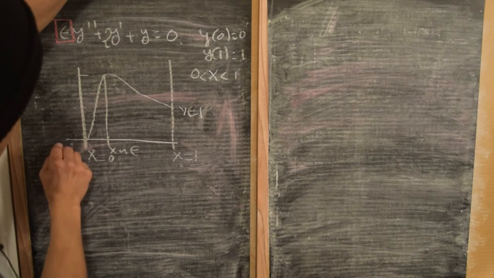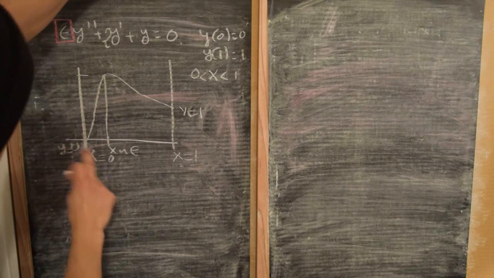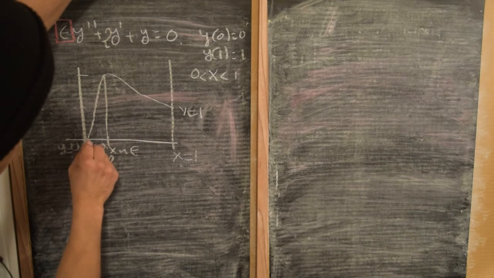And so it begins at y equals 0, and then over a very thin layer, which we call the boundary layer,